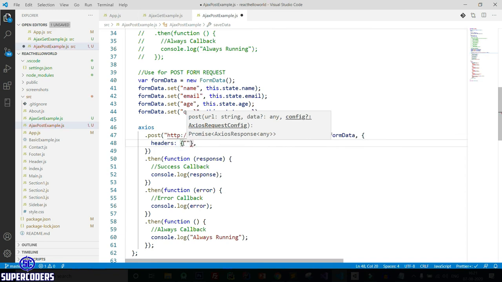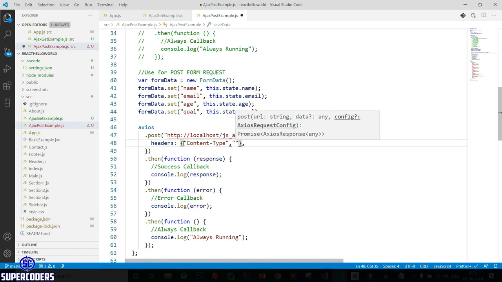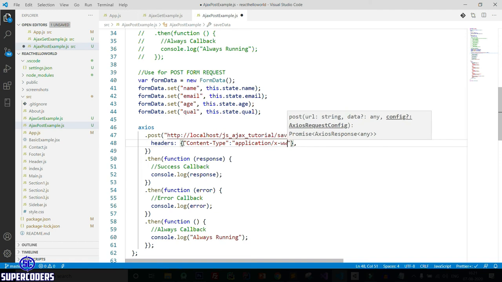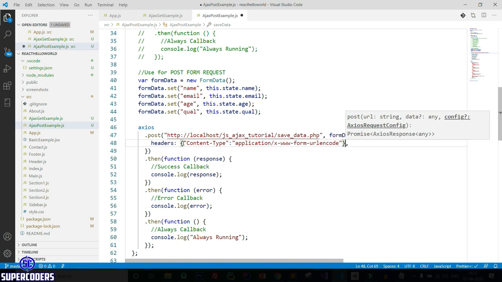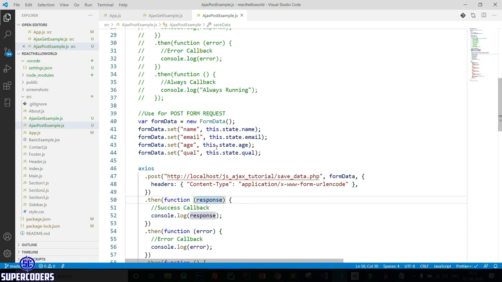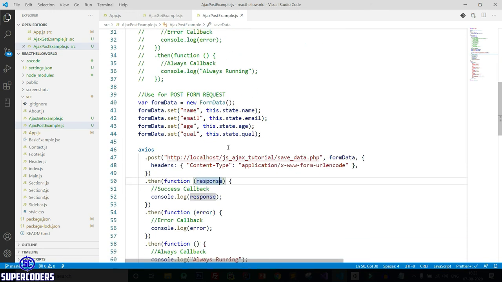First adding Content-Type, application/x-www-form-urlencoded. Now save it. So this time it's using form post request instead of JSON post request. Save it.